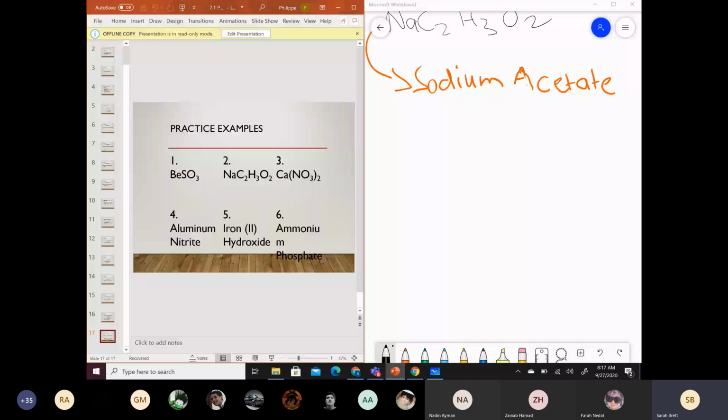Okay, and they say for aluminium nitrate, the first step is to find the formulas and the charges. You should 100% know aluminium is Al3+. It should be second nature to you. Nitrite, it's not second nature yet. You needed to look at the table. Now we can start making the formula. The second step is we need to balance these charges, and this is what we worked on the whole of last week. So we end up with